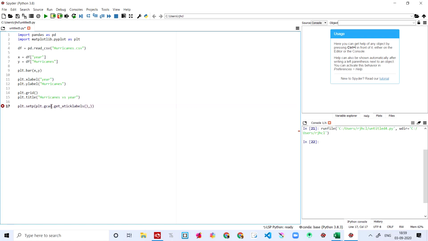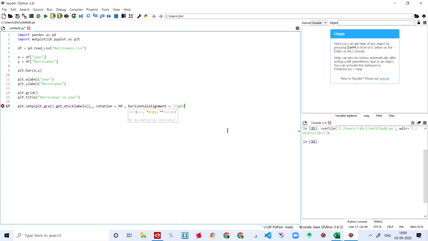Okay, so I have made a mistake over here. Here should be the parentheses. We are going to remove this, and I'm going to end this up over here saying tick labels, comma, rotation equal to 90 degrees. We are setting the rotation. Horizontal alignment is equal to right. Okay, so I've made a mistake. This should be in single quotes.